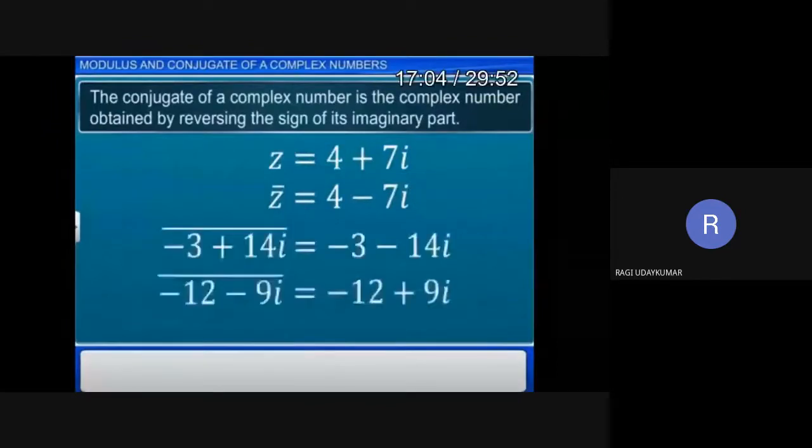If you take the conjugate of the complex number minus 3 plus 14i, with a line drawn over it, only the imaginary part's sign should be changed. The imaginary part here is 14, its sign is changed, so that is equal to